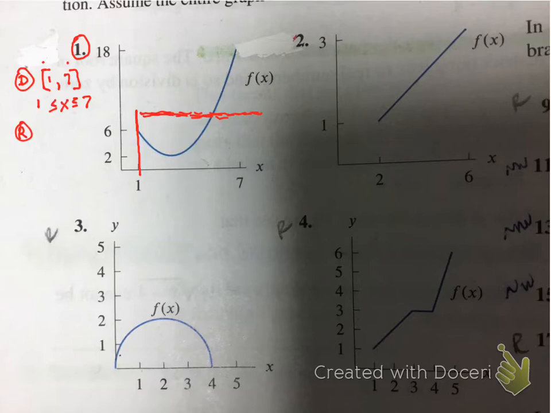Take a horizontal line. Ask yourself, where are you intersecting the function? And again, if you're answering a question about range, you're asking what are the possible values that can come out of a function? What are the possible outputs, or what are the y values, or f of x values in this case? I've got my horizontal line. If I were to shift that up and down, where am I intersecting the graph? I'm intersecting it from here all the way up to here,